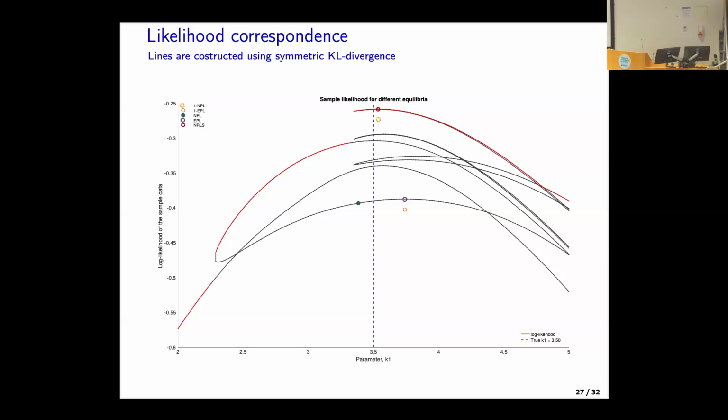Of course, this is going to make it even harder to find the maximum likelihood estimator, also with these recursive or sequential estimators. Okay, and you can get trapped, as you can see here. Both NPL and EPL get trapped on the wrong equilibrium. And how do you get away from that? Because it is a solution to the NPL fixed points. So once you get into that trap, you're not going to get out again.